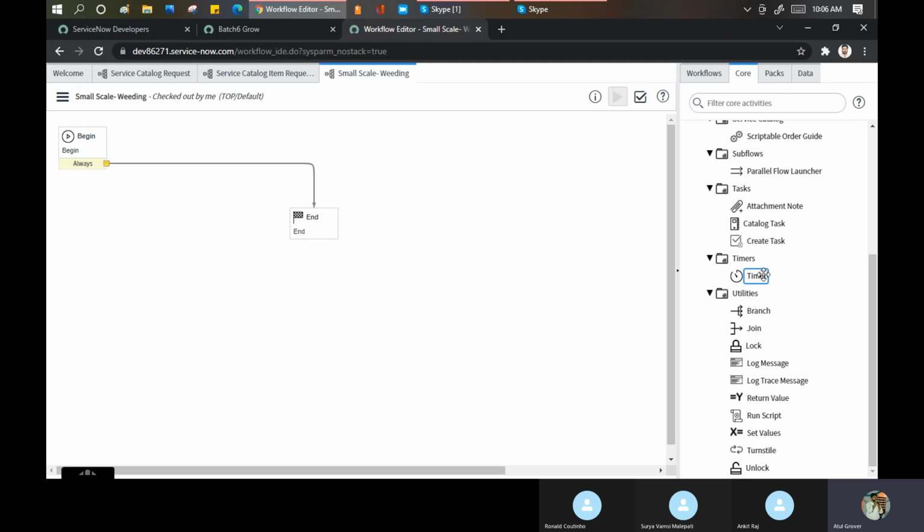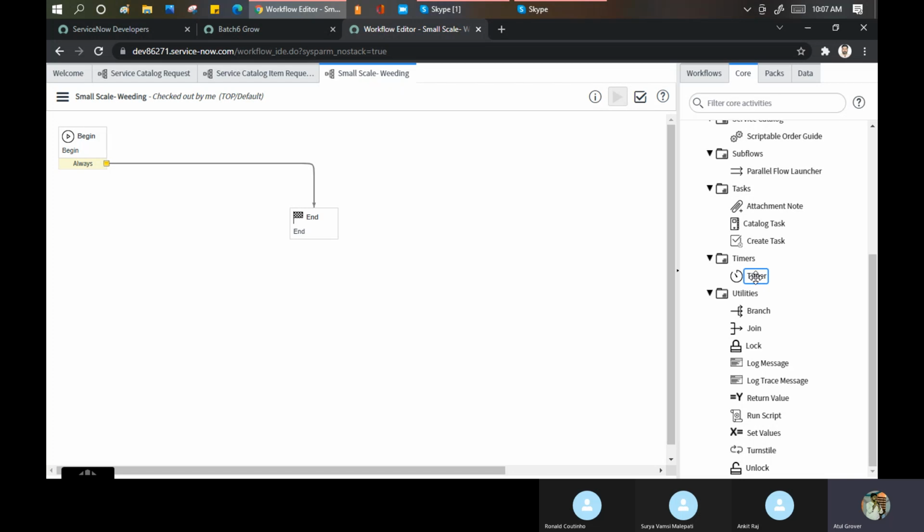In this case, to make my workflow lighter, I'll put the timer. First, it will load the 10 groups, and then it will wait 5 seconds, 10 seconds, and then it will load the other 5 groups. Still, it is parallel, but there is some lag I am putting intentionally so that all the data should be loaded. If in a single group I have 5 members, then a total of 50 members will come in the approve tab, right? And in the security, I have 5 groups, each with 10 members. So these things take time. Then users say, no, data is not visible. So I intentionally put the timer there so that the user can see the complete data and say, okay, yes, data is available now. This way, we use the timer here.